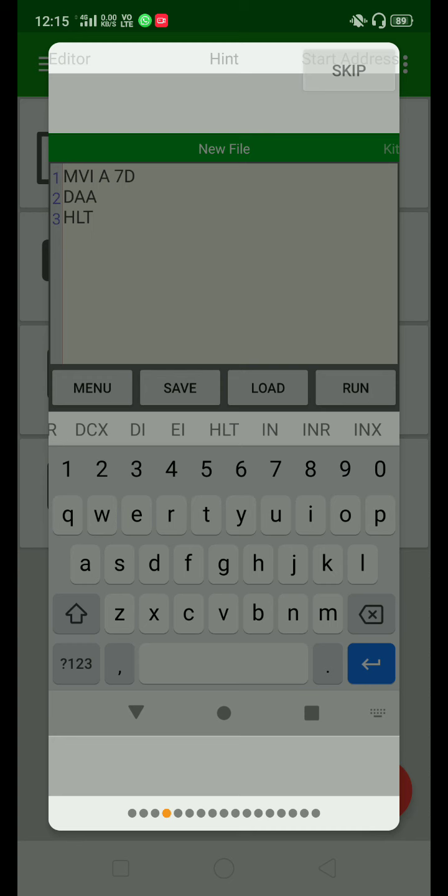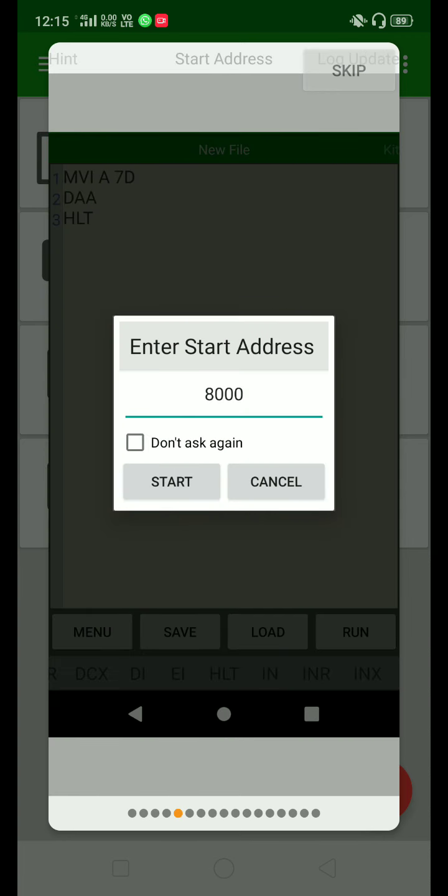This is a program which is already stored in the app, a simple MVI A kind of instruction. After clicking on run, you will get this kind of window where the app asks for the starting address of the program.